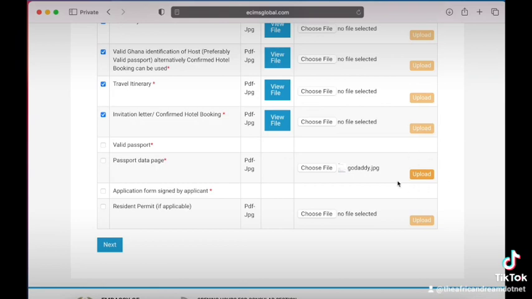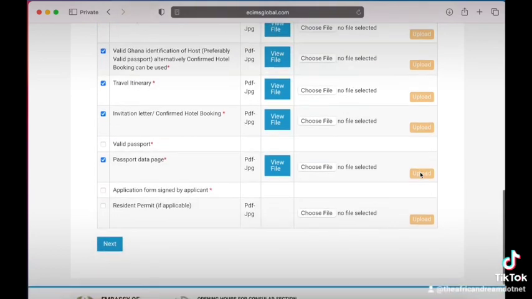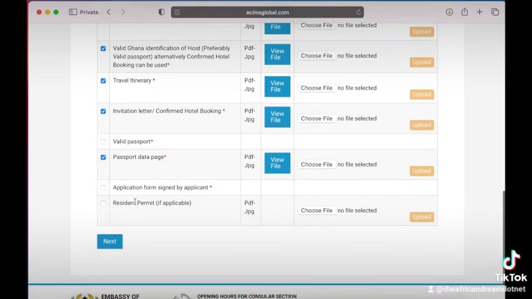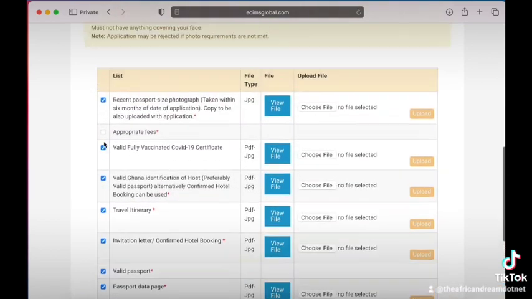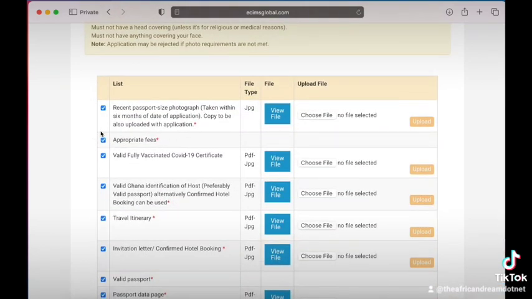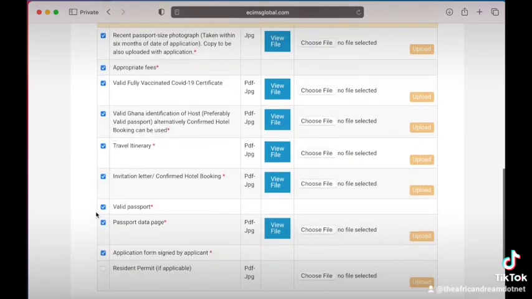You can upload PDF files, but sometimes it gets problematic. So we highly encourage you to upload JPEG files that is sized between 100 to 300 or 400 maximum kilobytes,